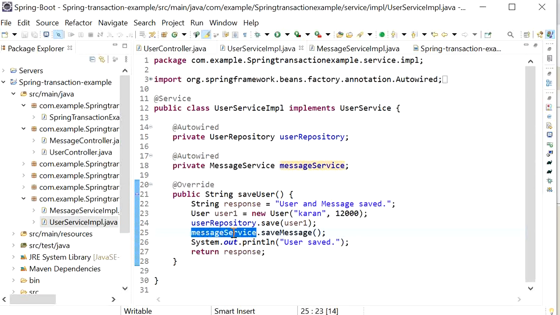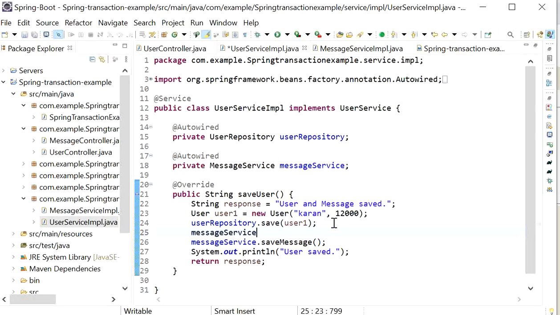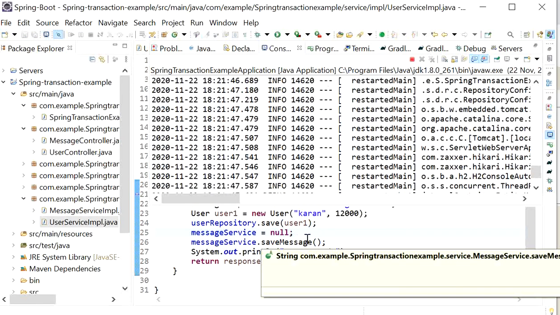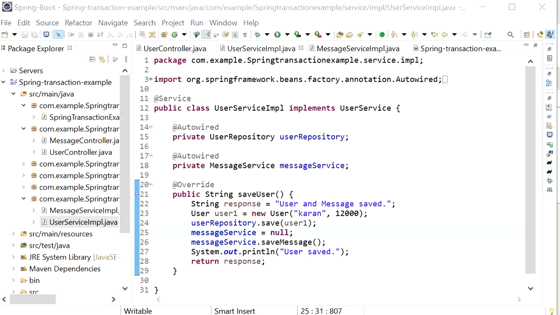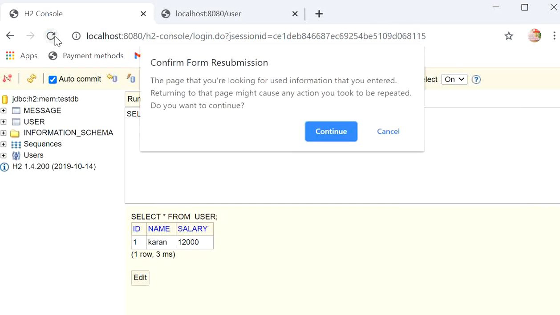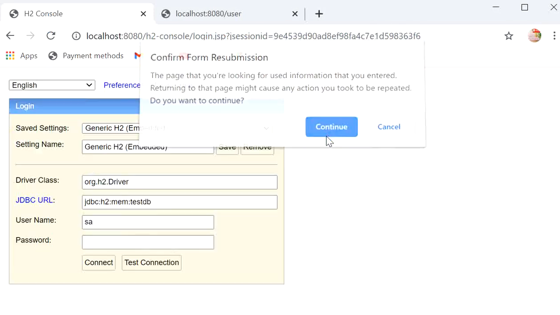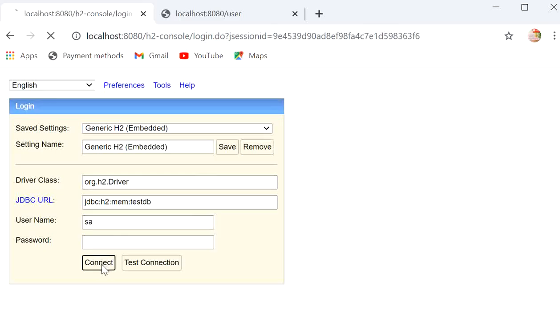Like this, our user detail will be saved into the database, but after that our message service will not save the record into the database, and it will throw an exception. Due to the exception, it will not save into the database. Then what will happen? Now I will refresh this database and it will be emptied automatically, because we are using